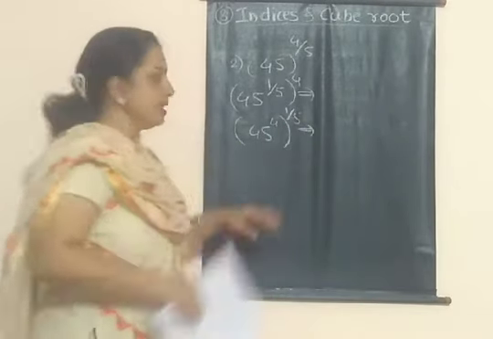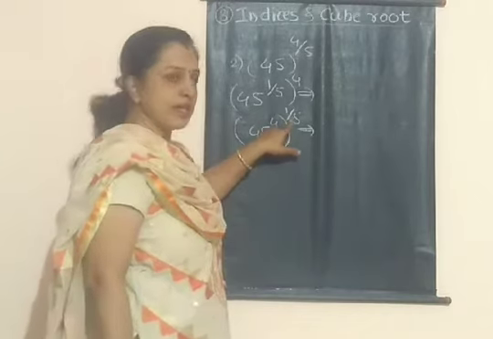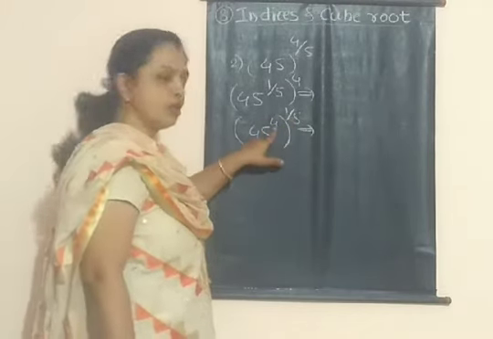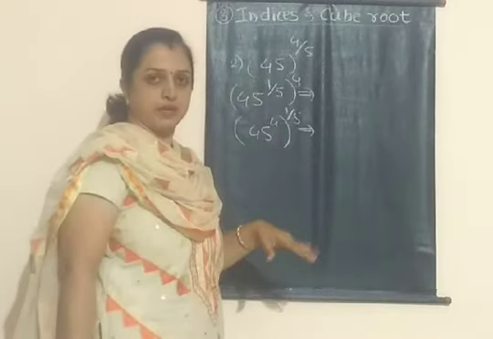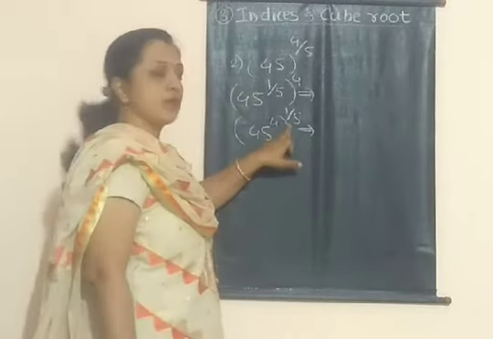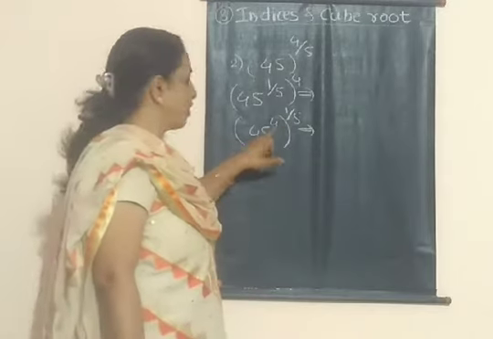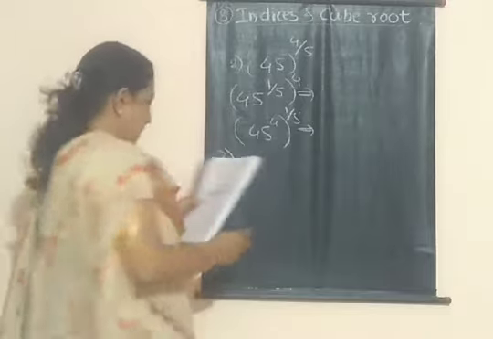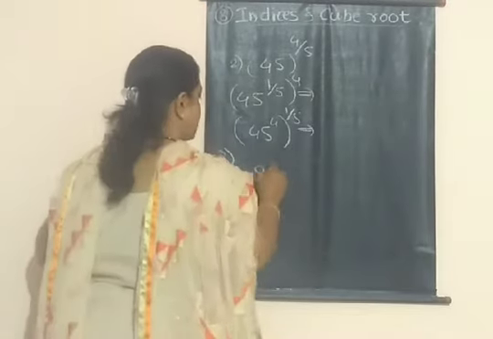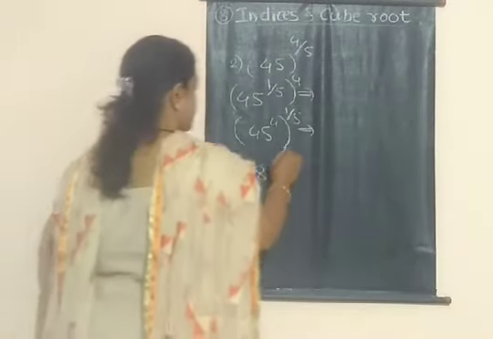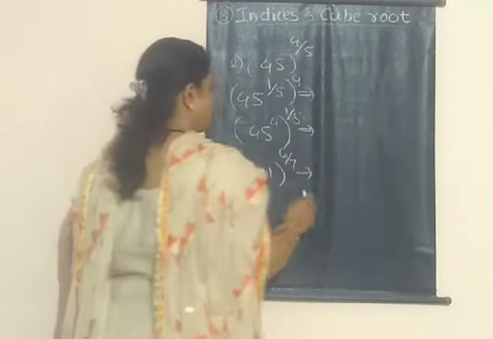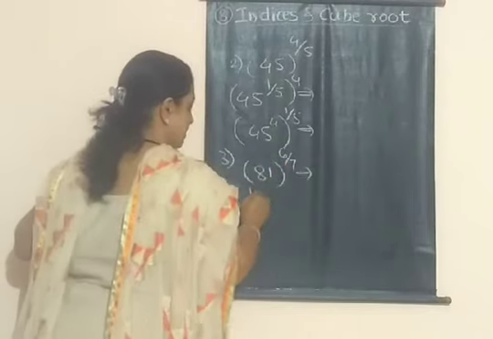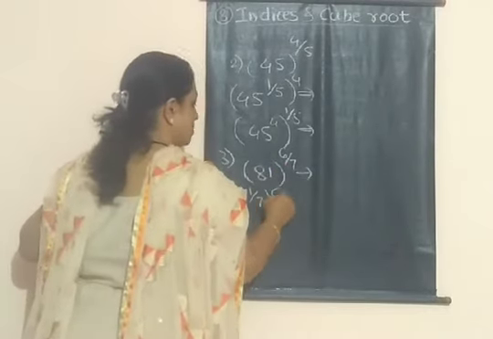Now how to read this? Again we have to start from outside. So this is the 5th root of the 4th power of 45. I again repeat, 5th root of 4th power of 45. Now let's see the third number that we have been given: 81 raised to 6 upon 7. We can write this number in this form: 81 with 1/7 inside, raised to 6.